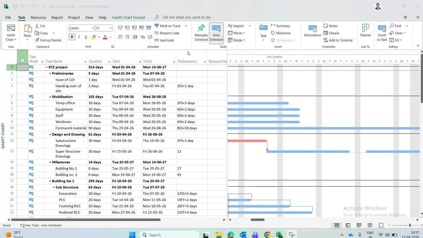So I hope everyone understood how to create activities, how to make the WBS, how to link the activities, how to give the relationship and what all the relationships are available, and how to set the calendar. All these things we have learned in our previous session. So now the next step is we have to learn how to create a resource sheet and how to assign